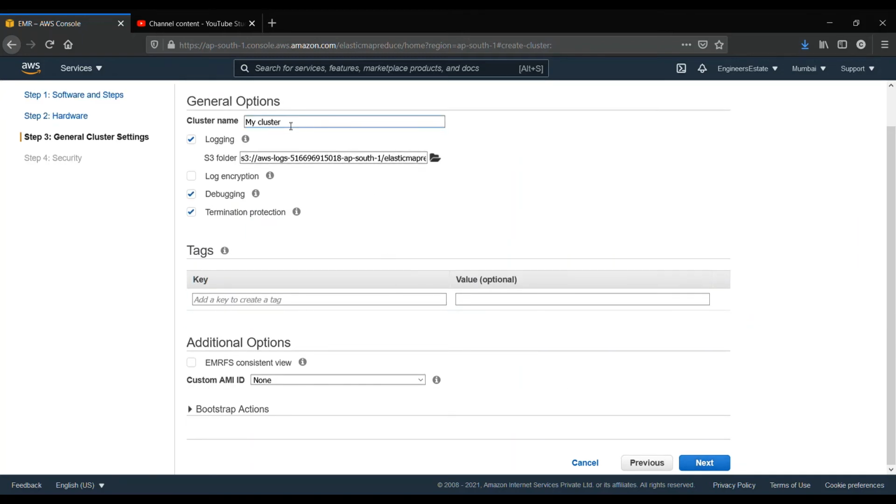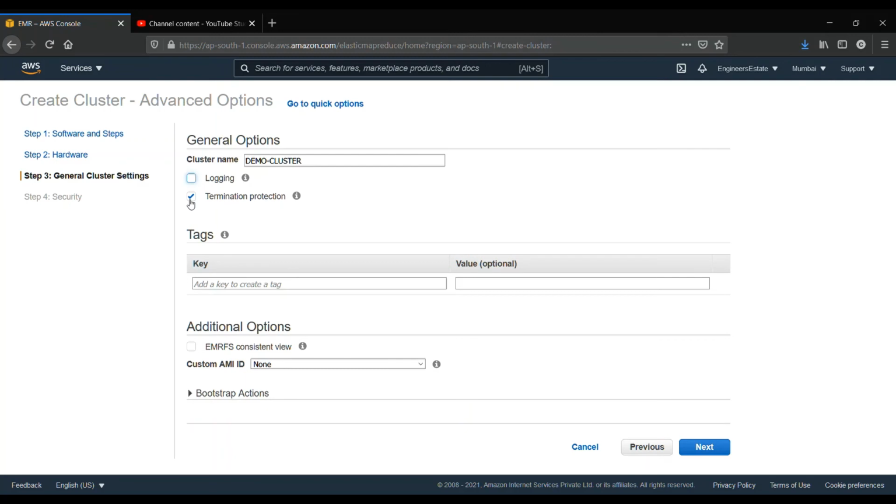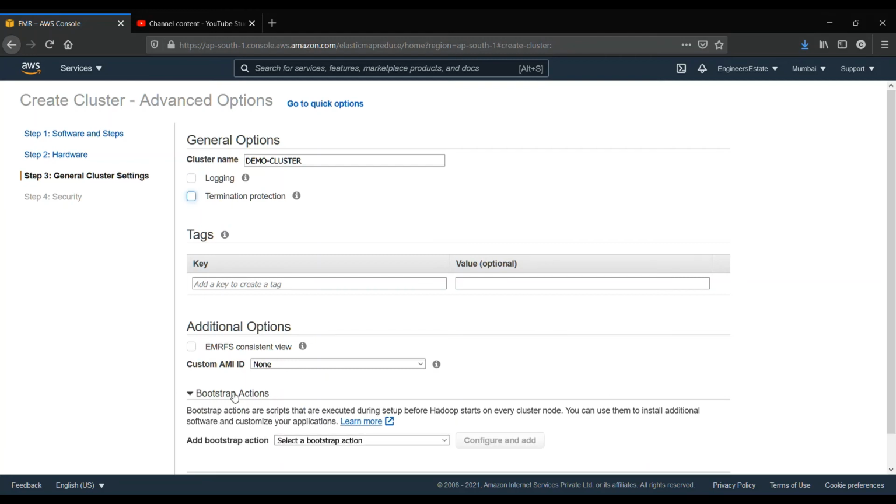Give the cluster name, so I'll be giving demo-cluster. If you are willing to set up logging and termination protection, you can, but I'm not doing it. And this is one of the main things here.